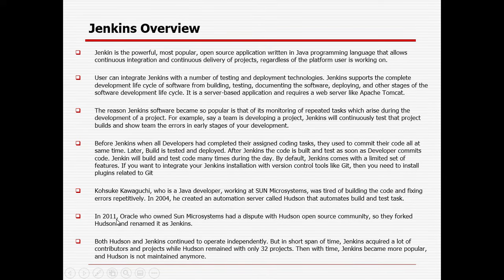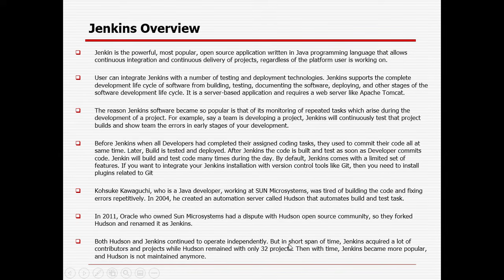In 2011, Oracle, who owns Sun Microsystems, had a dispute with the Hudson open source community. So they forked Hudson and renamed it Jenkins in 2011. Both Hudson and Jenkins continued to operate independently from that time.